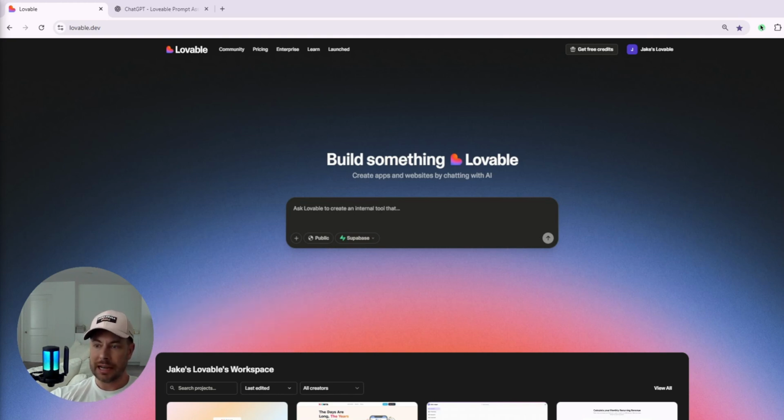If you are just getting into vibe coding, you probably heard about Lovable. A lot of people are using it. It was the fastest company to hit $100 million a year, faster than even ChatGPT. And a lot of people are spending a lot of money burning through credits as a beginner when you do not need to. So this is how you save money to learn how to vibe code,